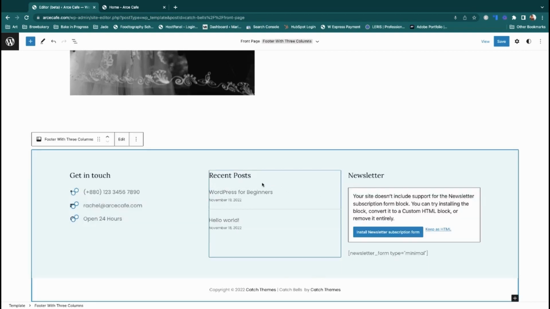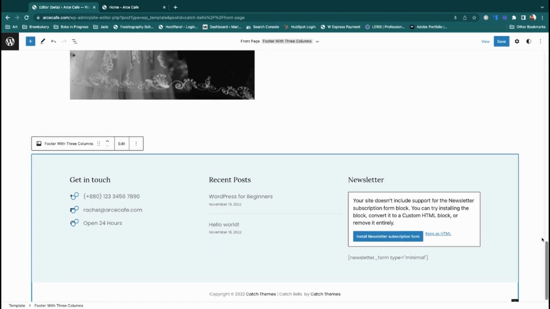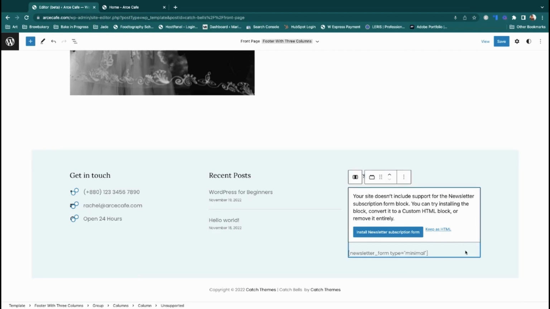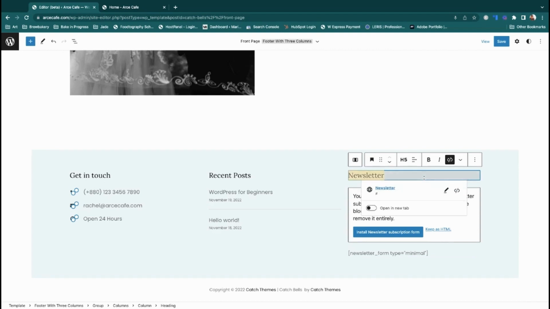Instead of recent post, you can post here the pages that they can visit. And then for the newsletter, you have to add something like ConvertKit or an email marketing platform to add content in here,